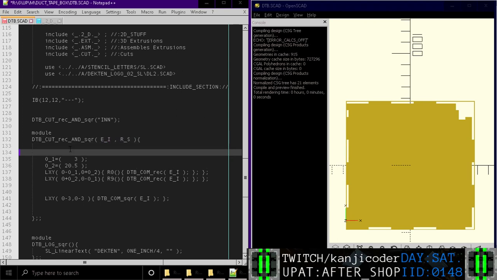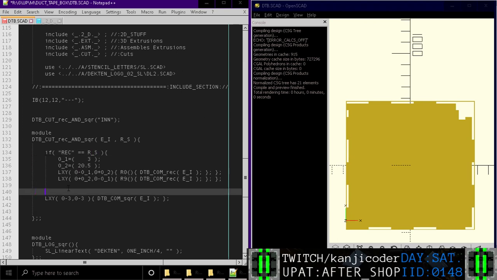Okay, so if rec equals the RS variable, then we're going to do this stuff. And then else, if SQR equals the RS variable, rectangle or square,